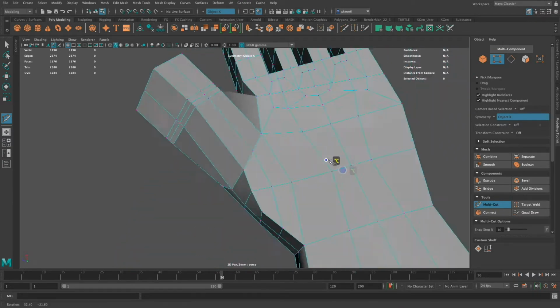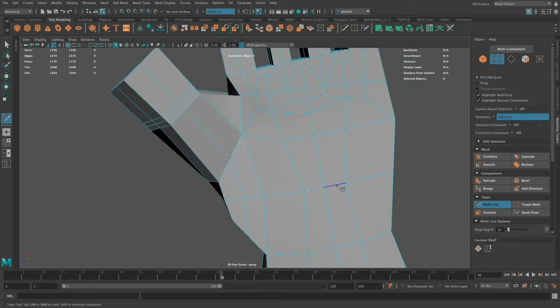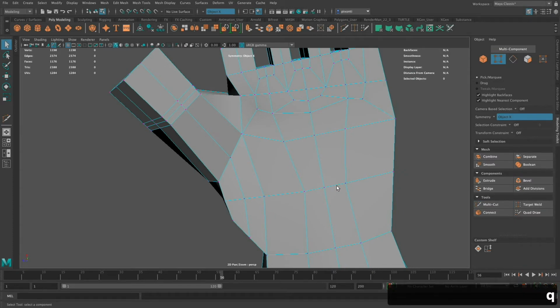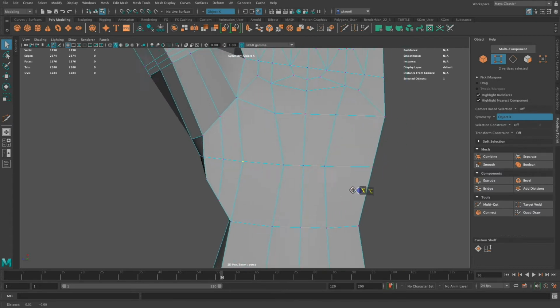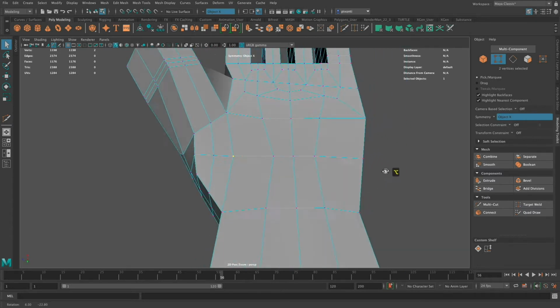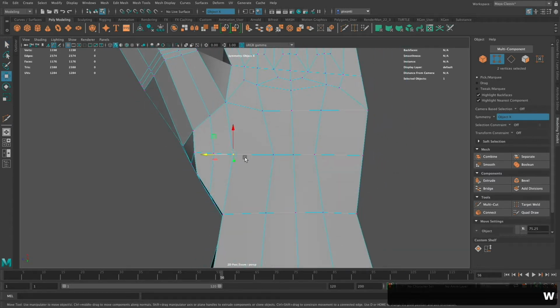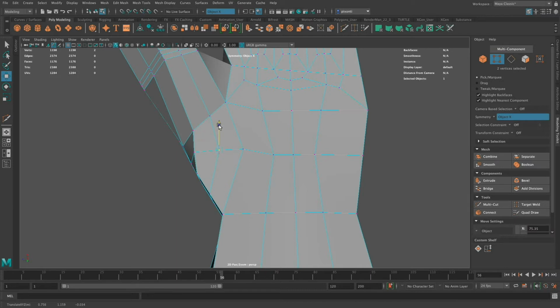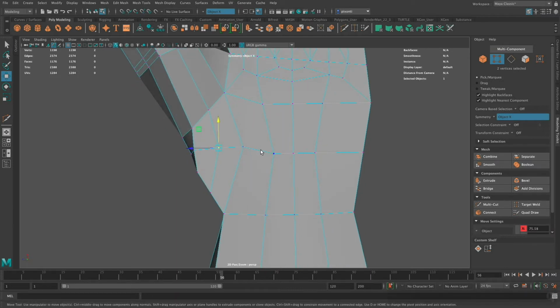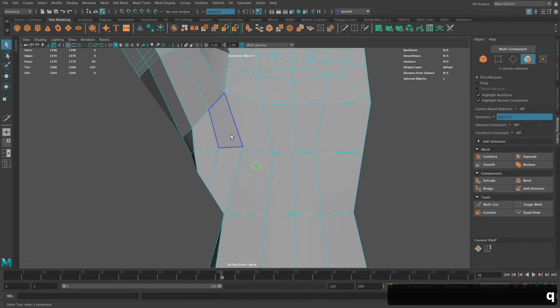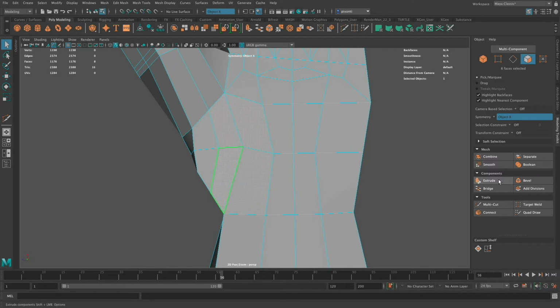And then I'm going to take this, and move this one over just a little bit more. I think I need to open up a little bit of space and have that come right down in the middle of that palm area there. Bring it up just a little bit. Bring this one over just a little bit. And then I'm going to grab these faces, that one, that one, that one, that one, and I'm going to bevel them,